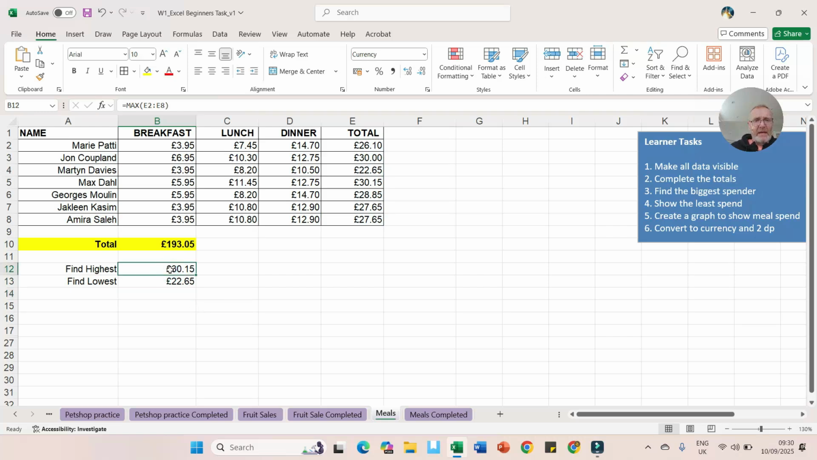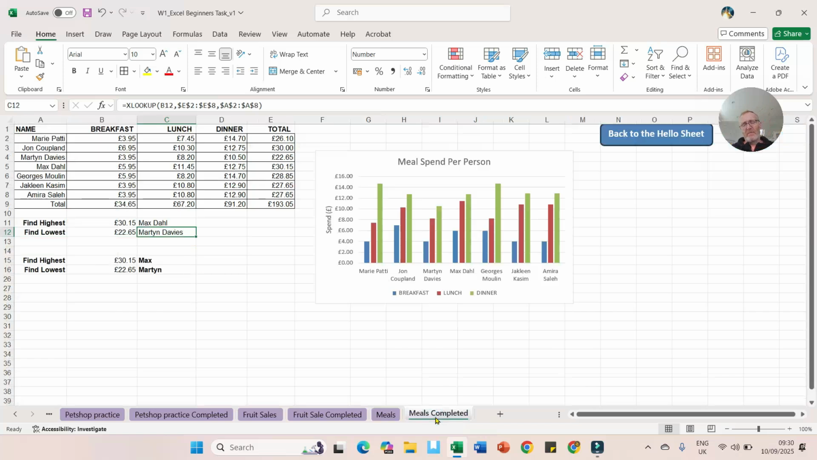The difficulty here is it doesn't tell you exactly who the person is. It just says that the highest spend is £30.15, and that's max, and the lowest spend is £22.65, which is Martin. Now, if you look on the meals completed,